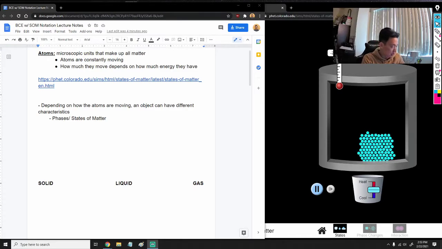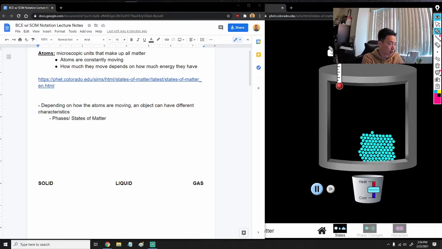Alrighty guys, so in today's lecture we're going to continue learning about balancing chemical equations, but we're going to be adding one more thing to it. So we're going to be learning about how to write the state of matter notation. Now state of matter is just a fancy way of saying if something is a solid, liquid, or gas. So before we learn how to write that in our chemical equations, let's review what states of matter